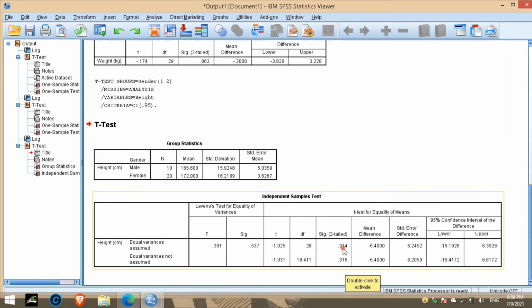Here degree of freedom is calculated somewhat differently from the previous things that I have told you. So don't worry about that. Here significance is 0.314, here 0.316. So that means there is no mean difference between these two